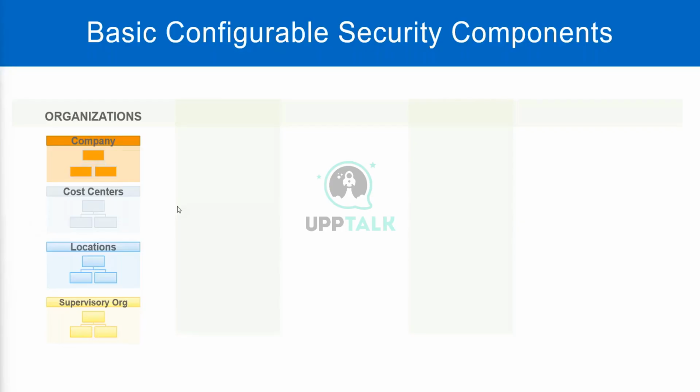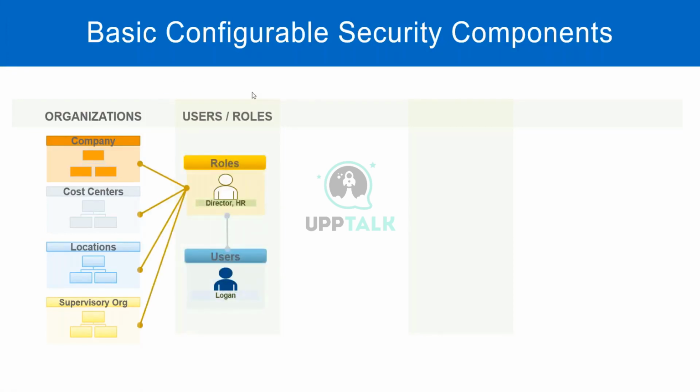So what is the constraint? Only the organizations where you have the role. Remember this particular diagram. This diagram is the key to understanding security. You see, the roles are always associated with an organization. So if it is a constraint role, that means you only have access to the organization where you have been given the role.